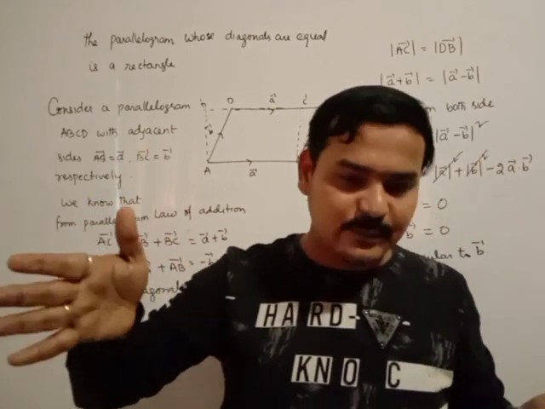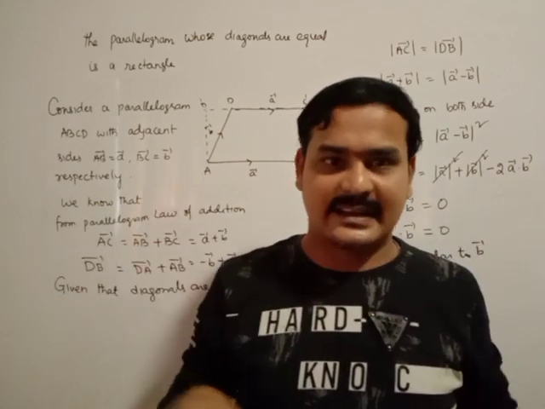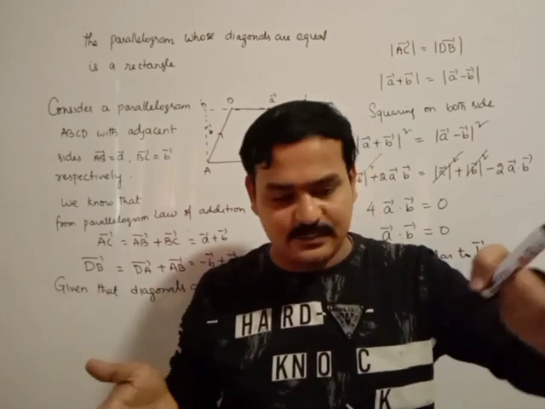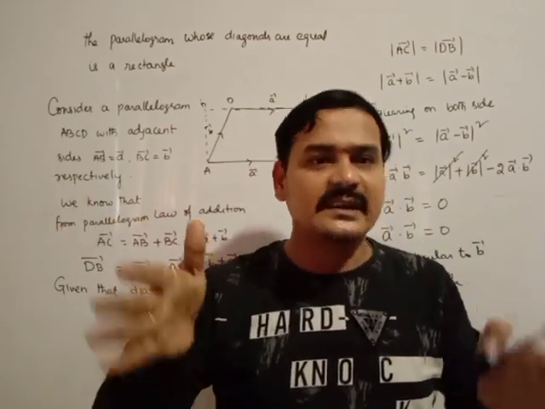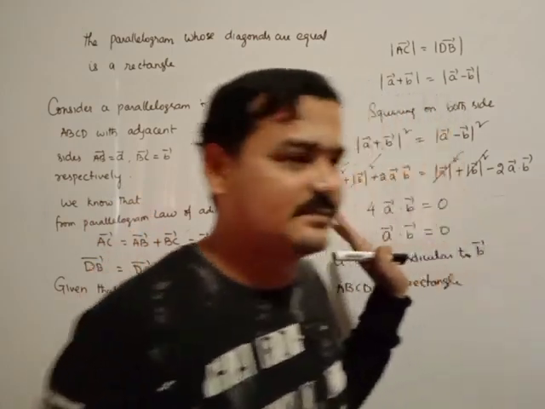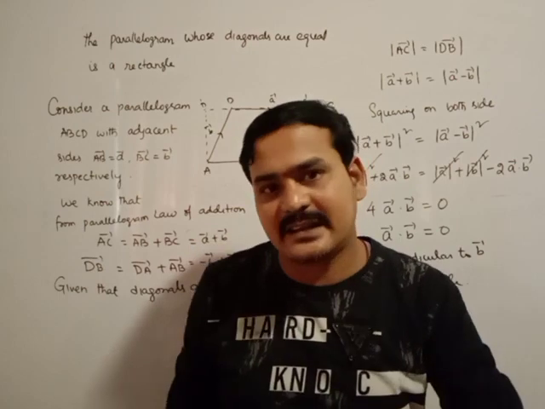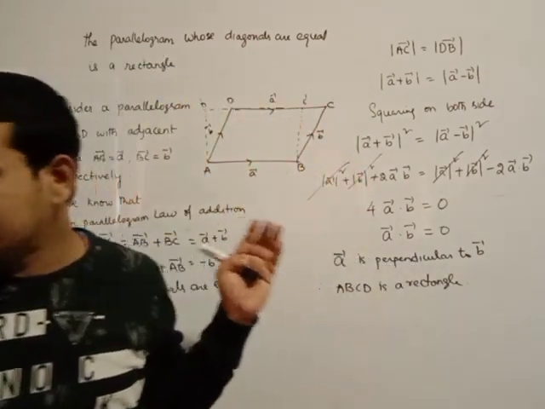If you press both sides, it will change into a parallelogram. Otherwise it is in the shape of a rectangle. Generally it is the shape of a rectangle. If you press any two corners, it will change into a parallelogram. Again, if you come back to the original place, then it becomes a rectangle. That is the concept. In a parallelogram, if the diagonals are equal, then automatically it changes into a rectangle. It is theorem number 3 in the 10th question.